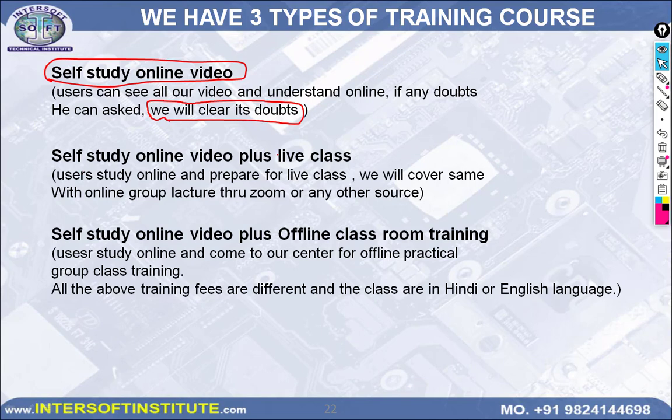Second is self-study online video plus live class. After the online class we will take one Zoom class that will be charged higher, but if anyone cannot understand here, he can take the live class, or after the online self-study he can take the offline class also. There are three options: this is cheaper, this is higher fees and this is more higher fees. Offline class we will show you in our data recovery lab. We will explain practical sessions. After self study you can do the offline class also. So we have three options, 1, 2, 3.